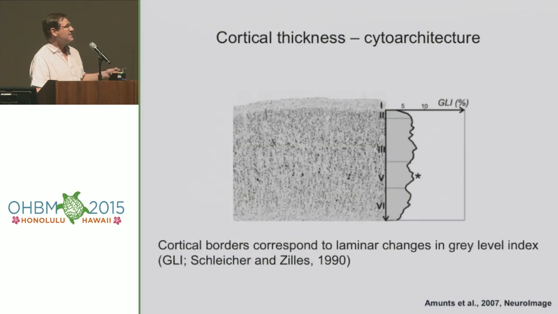So what are we trying to understand? We're trying to understand cortical anatomy. We're trying to understand this beast, the laminar structure of the cortex from layer 1 at the pial surface down to layer 6 at the gray-white interface. The gray level